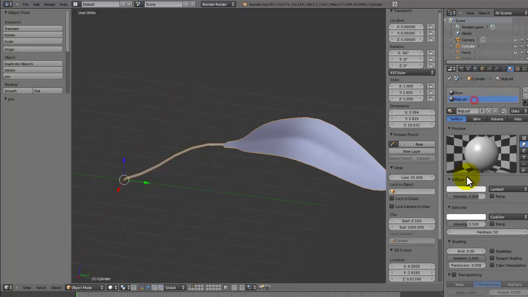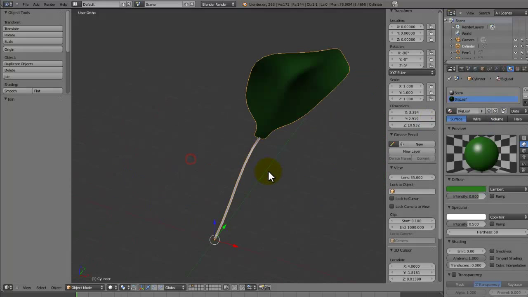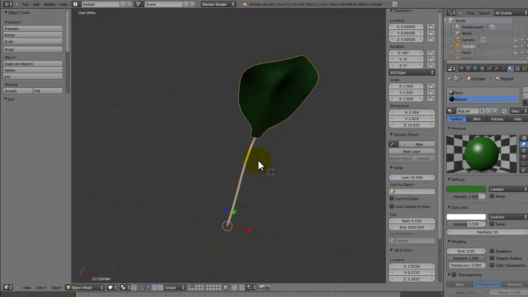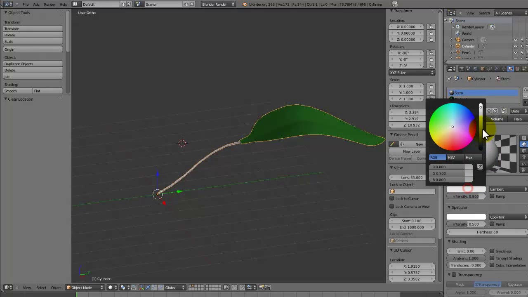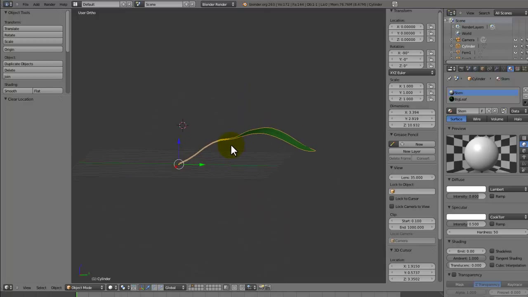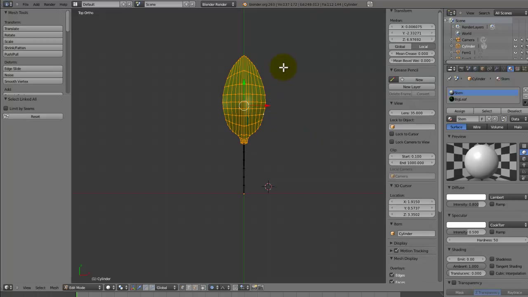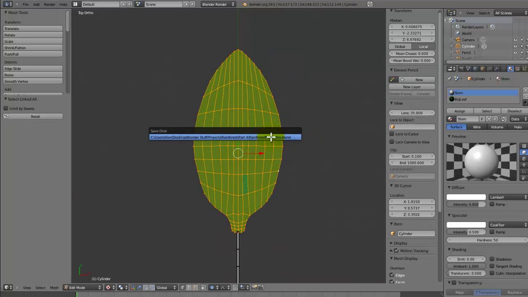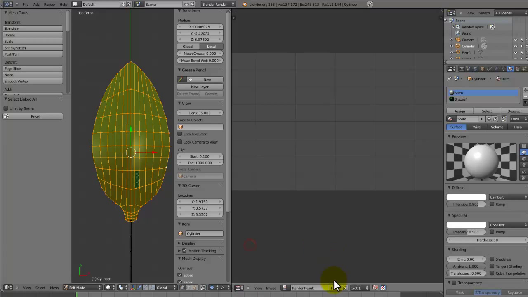And with our big leaf, we're going to add a texture, so we can just make that green, just so we can see it as green. And for the stem, that can stay as white. Actually, I don't really care about that. Okay, and now that that's been done, if we select our leaf, we can give it a texture now. So what we're going to do is open up our UV image editor like this, and